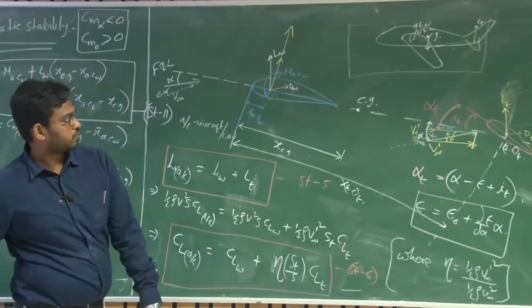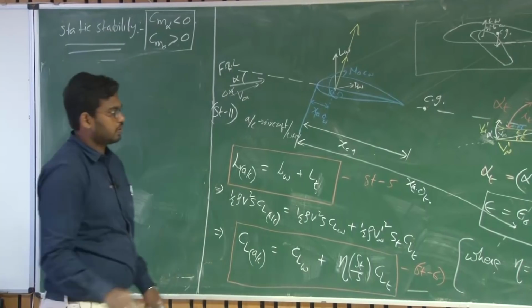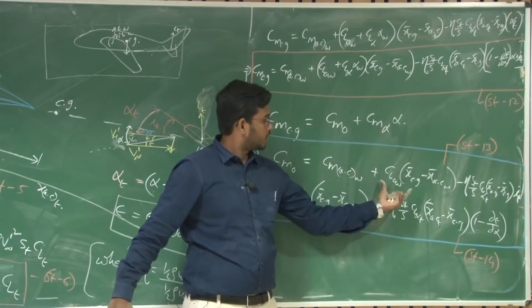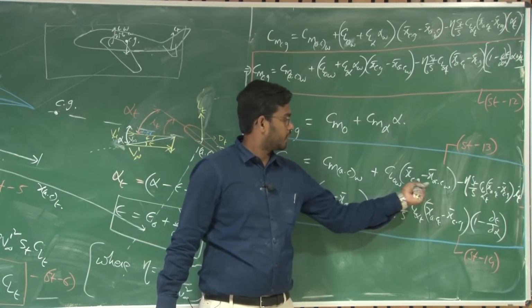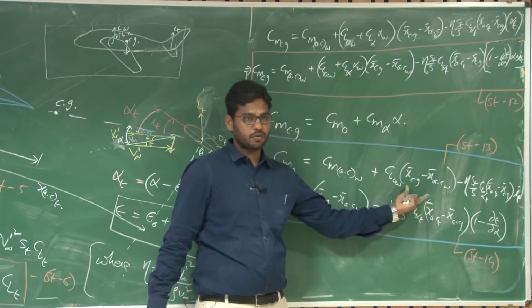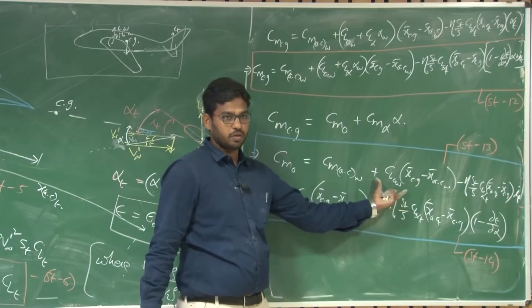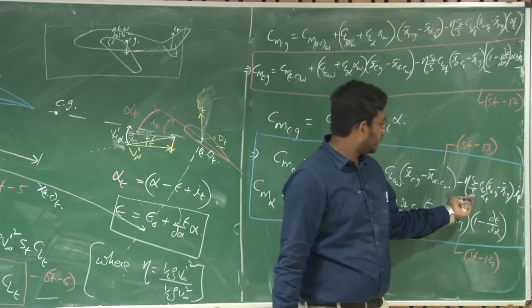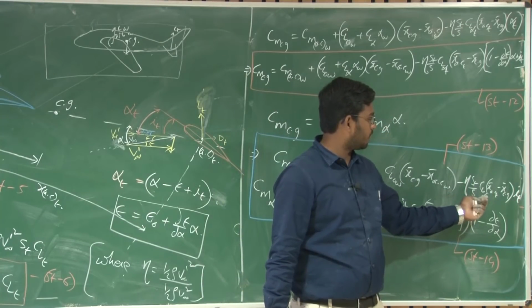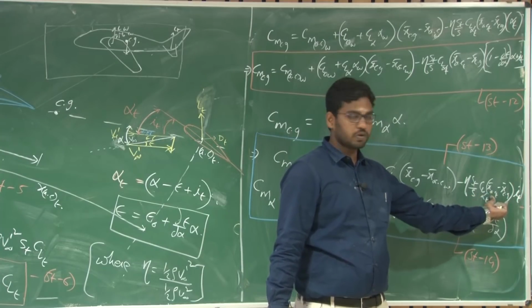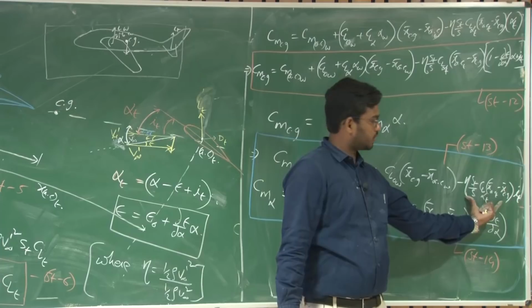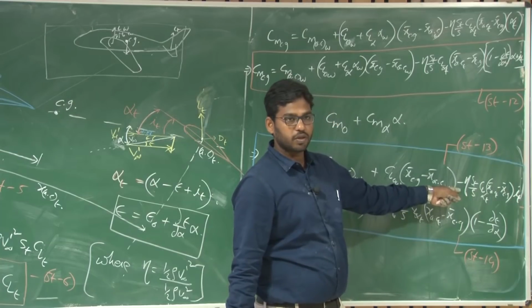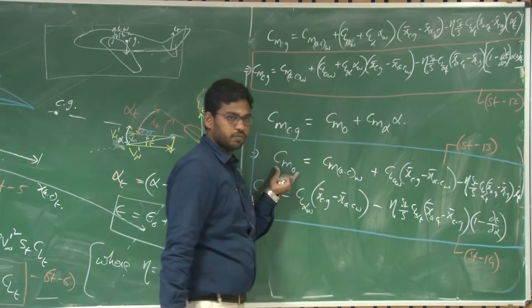Now let us look at these equations. The Cm about aerodynamic center of the wing is negative, right? CL naught is positive, and in this case if the Cg is behind the AC, this is positive. So this contributes a bigger positive term, in fact, because Cm AC is far weaker than this, right? And eta St by S into CL alpha of tail, these are all positive. So the only thing negative here is i of t. If you have i of t negative, it becomes positive. So this becomes a positive term.